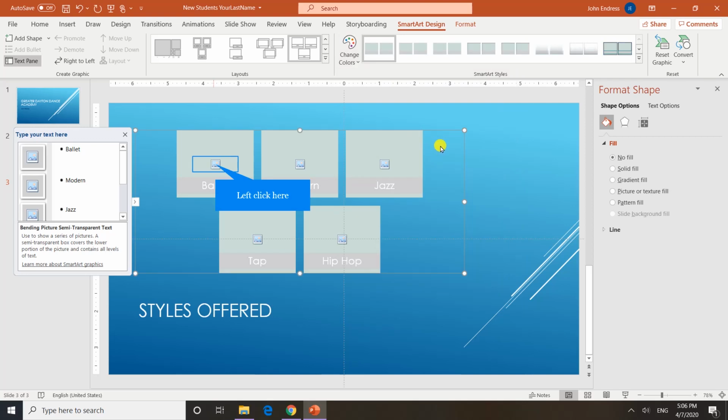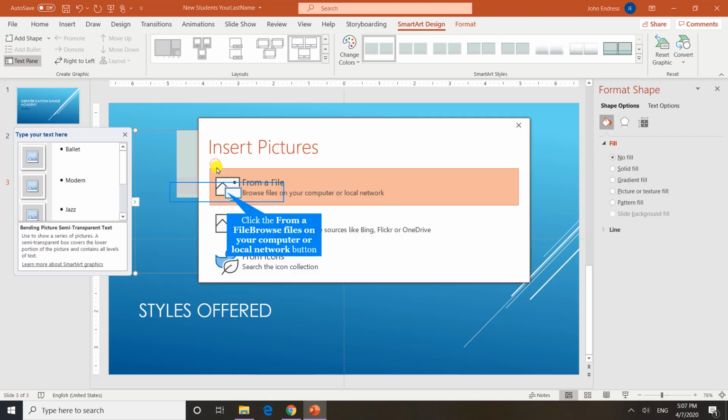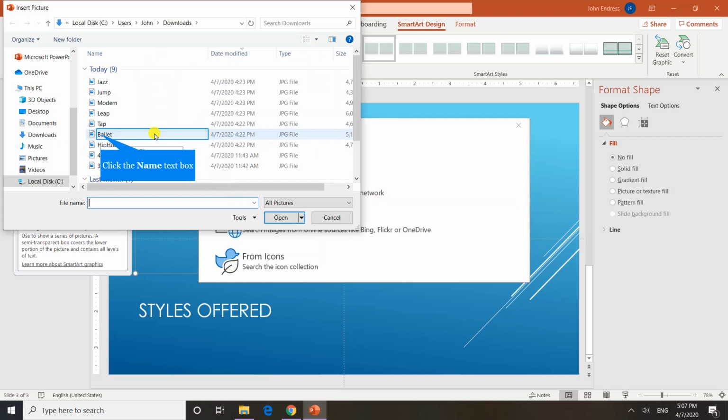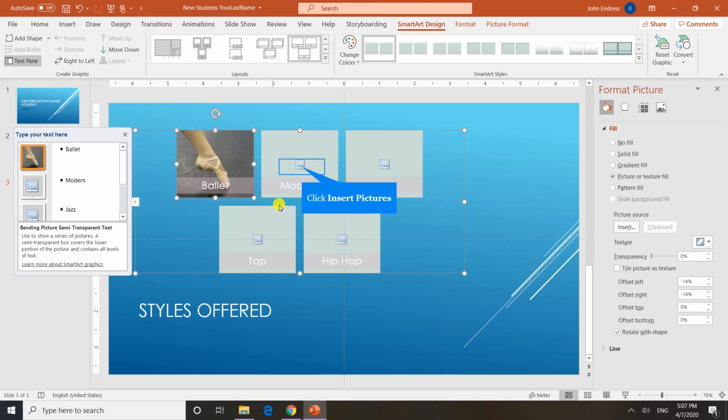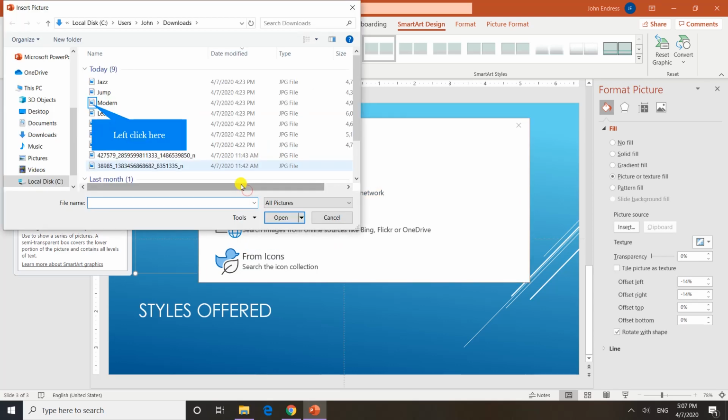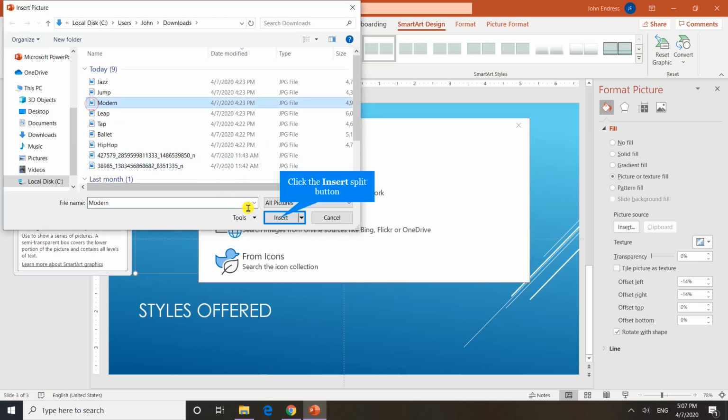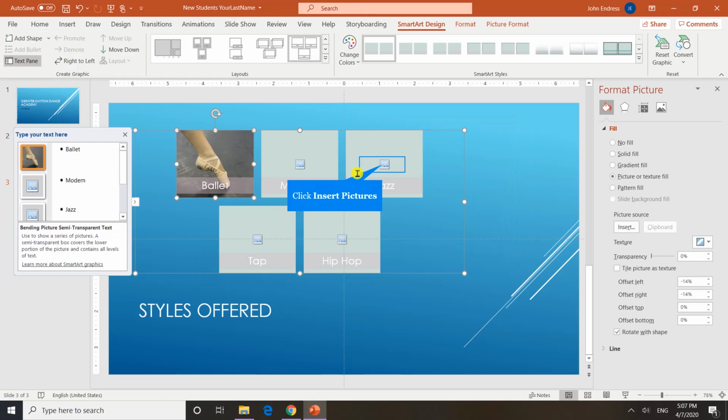Now moving to item 9, it says insert the following pictures in the appropriate picture placeholder in the Smart Art diagram. In order to do that, we select the picture for ballet, and we're going to get it from a file, and it's in the download folder in case you haven't downloaded it already. Left click ballet and choose insert, and then I'll choose modern from a file, and modern and insert, and then